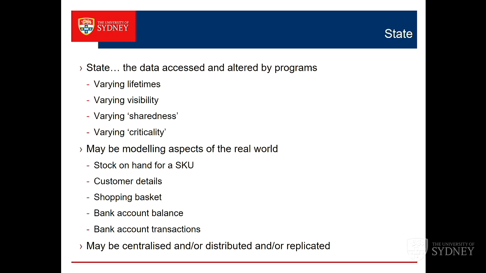Customer details. If I've got an online merchant, I've got some metaphorical shopping basket that people are looking at things and dropping them in, and they haven't got around to buying it yet. They're just thinking about buying things. If I lose the shopping basket, the system goes down and I've lost it, I've just annoyed a customer slightly, but that's the only impact. The customer will say, no, bloody Amazon, I've got to go through and find those books again. So, a nuisance, but not critical.